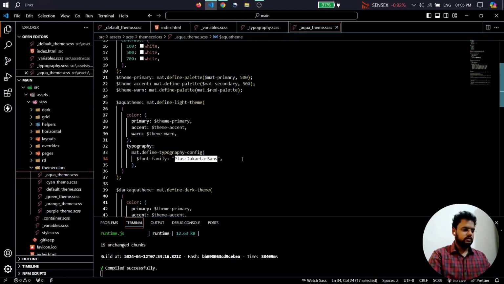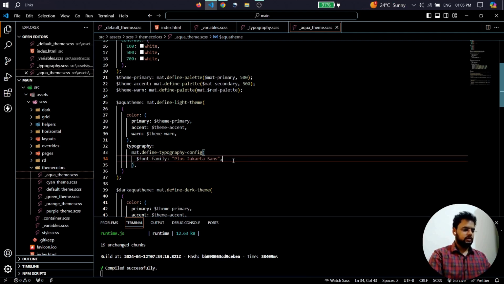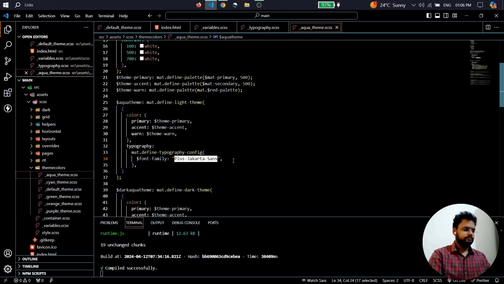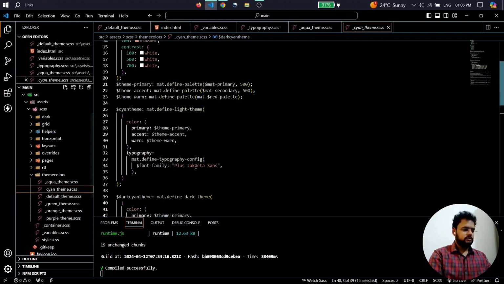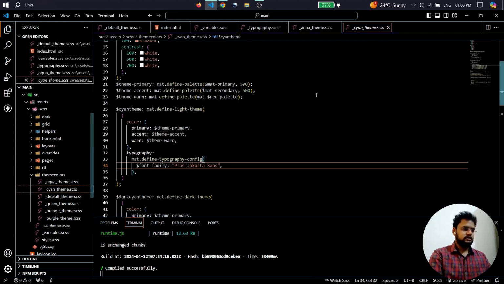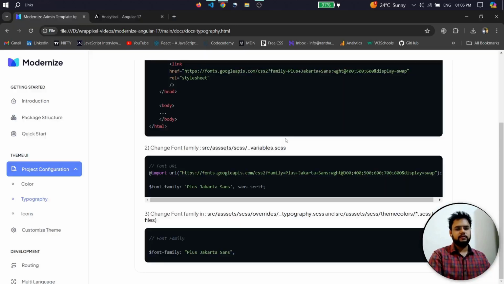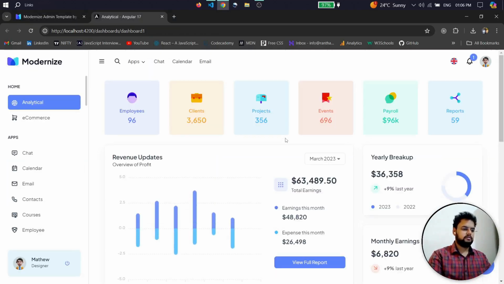the color themes basically. So you just have to put the font family name here, then here like this, and then save the file, and your font family will be changed for all the color themes as well as all the main default themes,